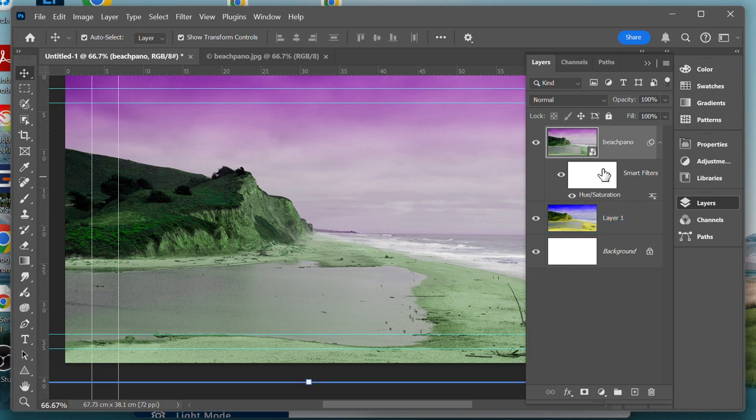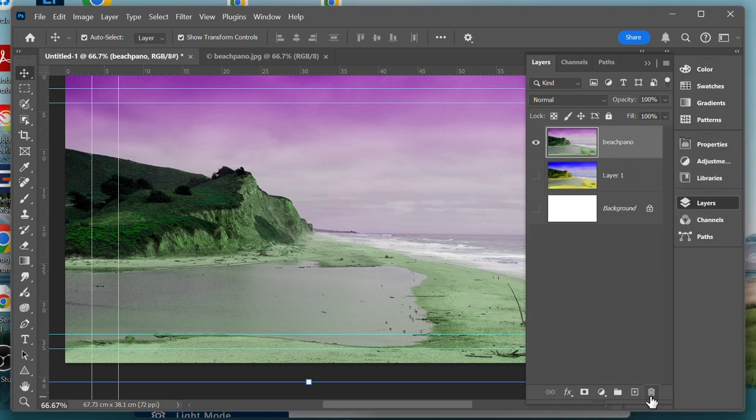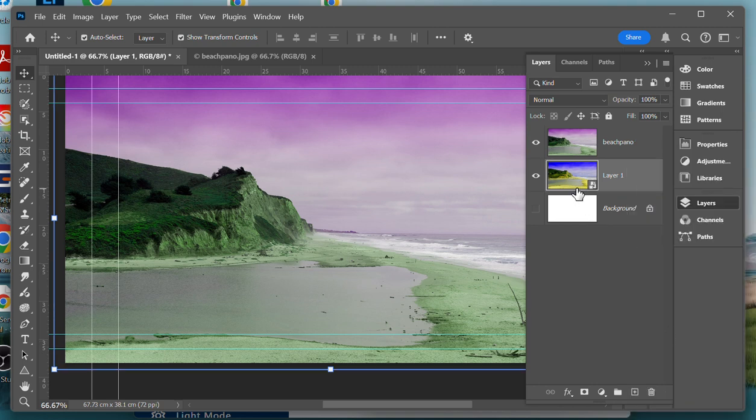And also, if I decide that I don't care about these smart filters and there are other things that I want to do, what I can do to the layer that has the smart object is right click on it, go down here, and convert. I'm going to want to rasterize. If I rasterize the layer, it becomes a regular picture, and vice versa. I could change the layer that doesn't have the smart object. I can convert it to a smart object, and now anything I do to that layer